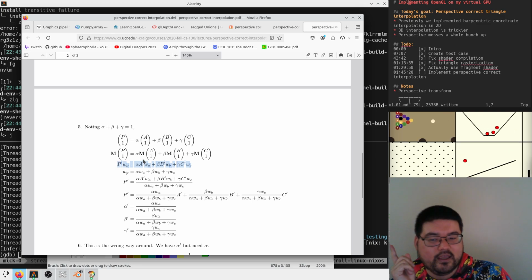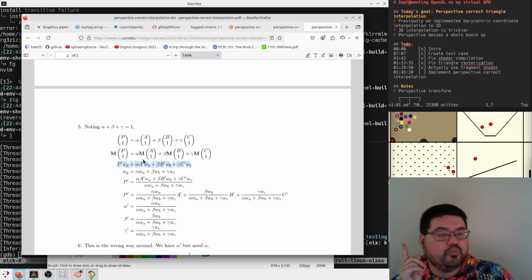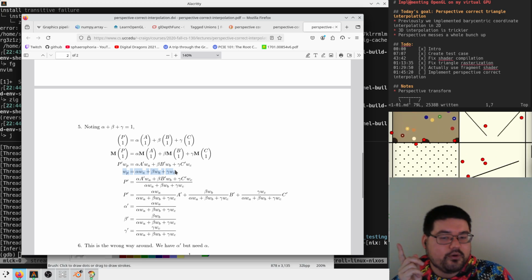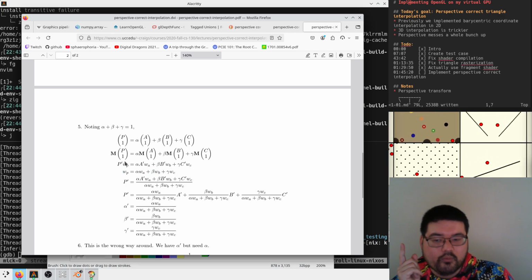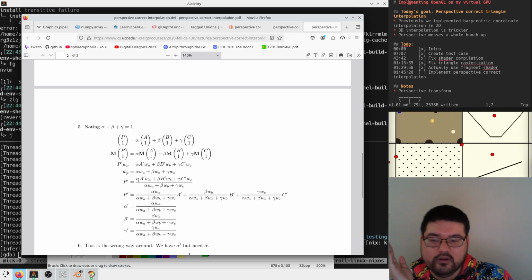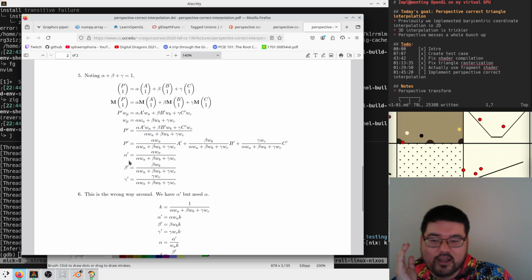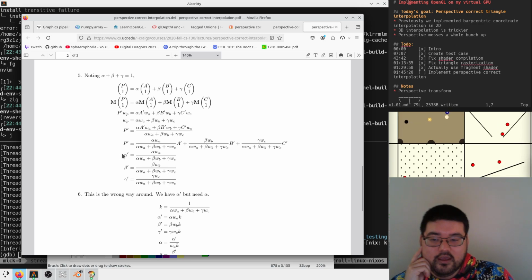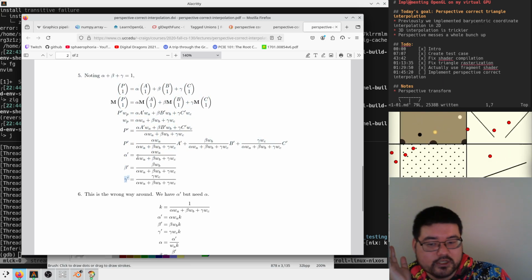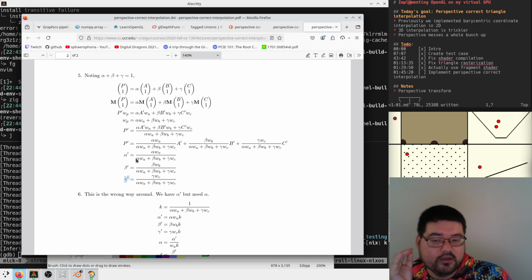And then they use this extra piece of information, which is that the divisor, the W component, also has the same interpolation applied to it. So you get several formulas here, and if you start shifting stuff around, you end up where you have the A prime, B prime, the barycentric parameters, the interpolation parameters, in